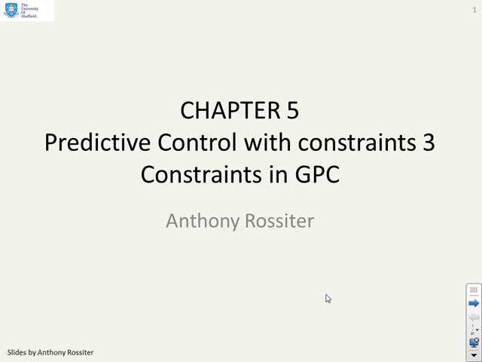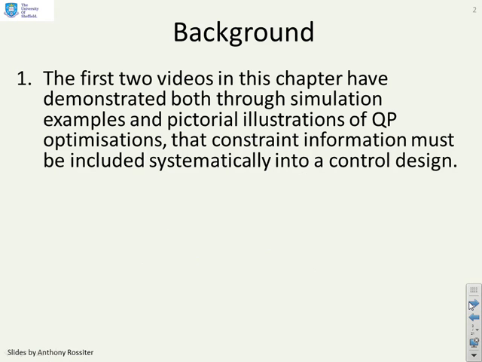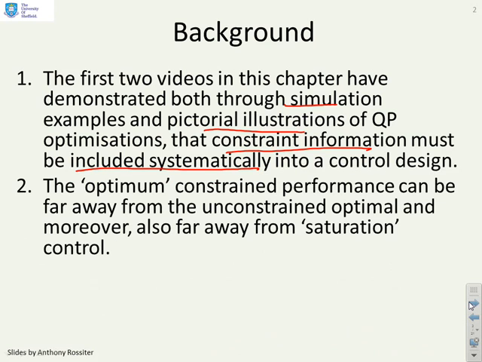This video looks at how to incorporate constraints into a GPC law. So the first two videos in this chapter have demonstrated through simulation examples and illustrations and so on that constraint information must be included systematically into a control design. The optimum constrained performance can be far away from the unconstrained optimal, and moreover it can also be far away